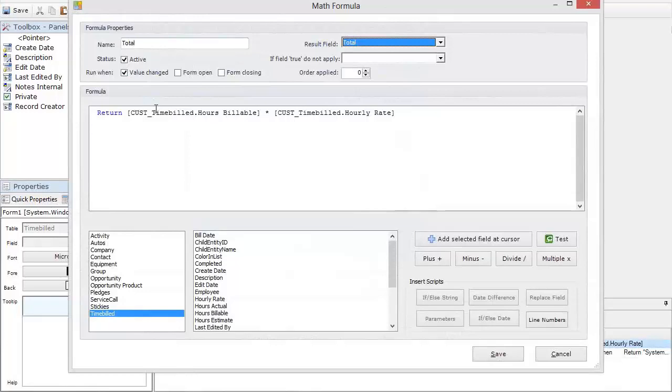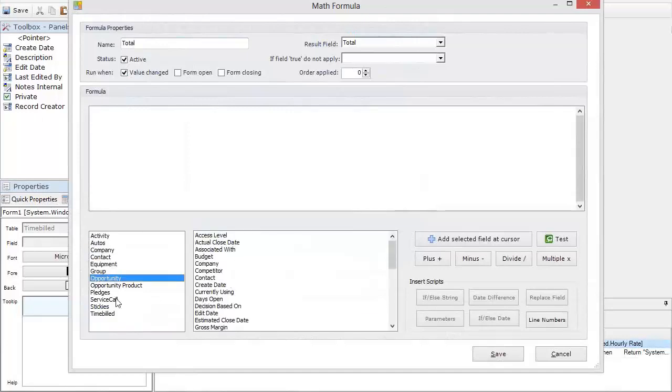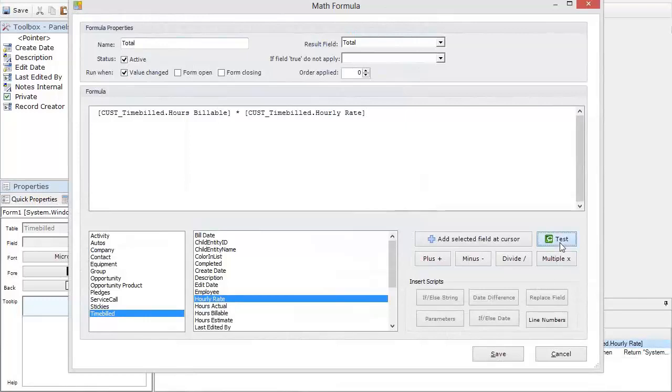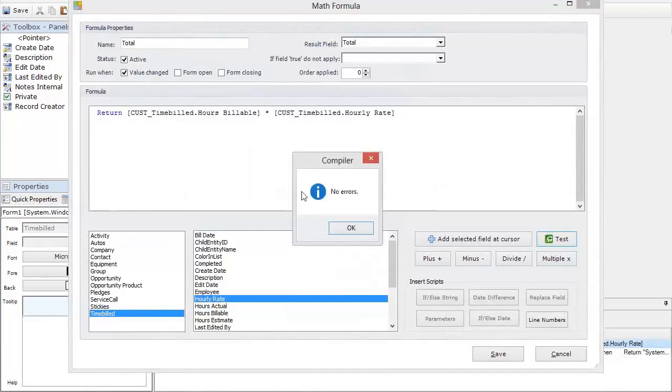Its results field is the total, and it's the hours billable times the hourly rate. So let's say this was a brand new one right here, I'm going to say hours billable. Now here's all our tables. So I'm going to go into our time billed table, and it's hours billable. And then over here we have plus and minus, we have our multiplication, and that was hours billable by hourly rate. That was it. So if I say test to this, a return needs to be added, just some semantics here,